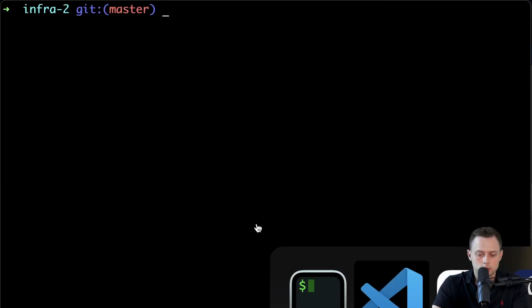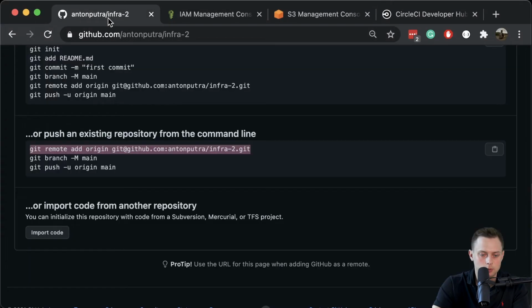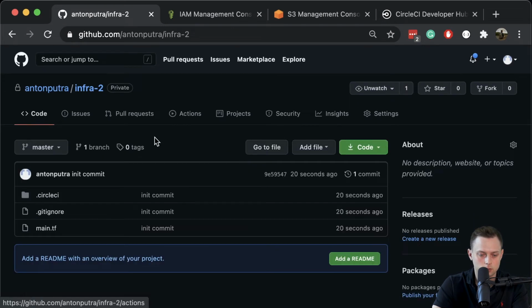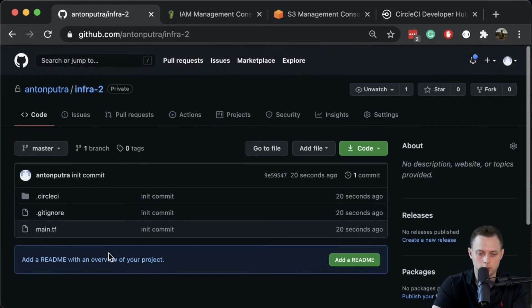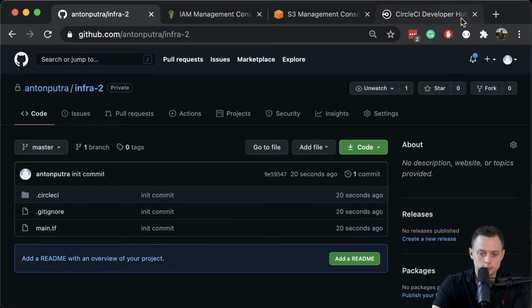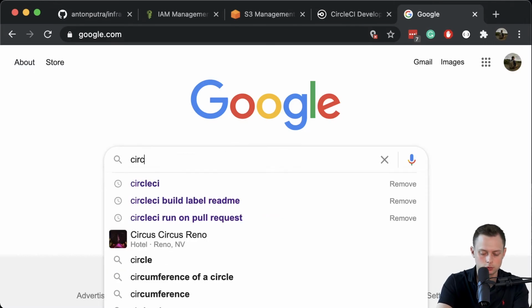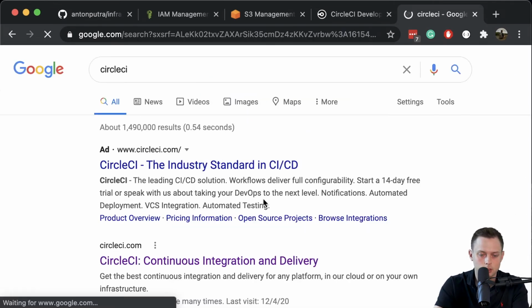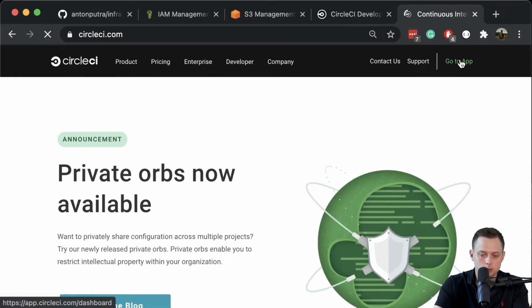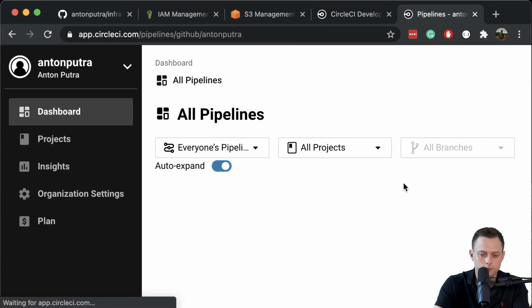All right, let's check our GitHub repository and let's refresh it. All right, now we have, 20 seconds ago, our code available here in our GitHub repository. Now it's time to configure the CircleCI build. Let's go to Google and type CircleCI. And that's circleci.com. Let me click on go to app. And first of all, let me